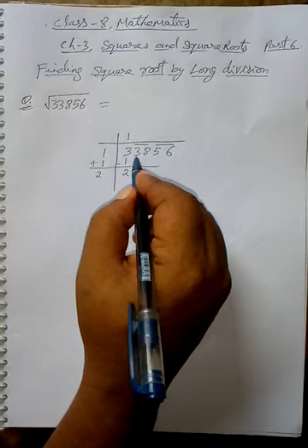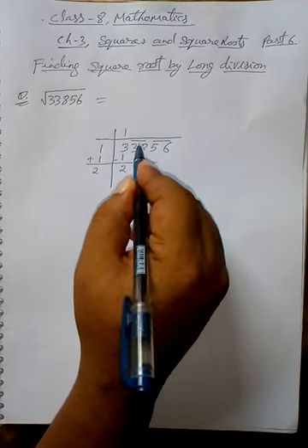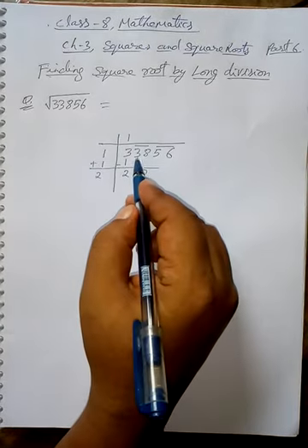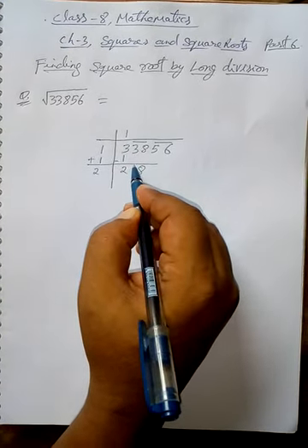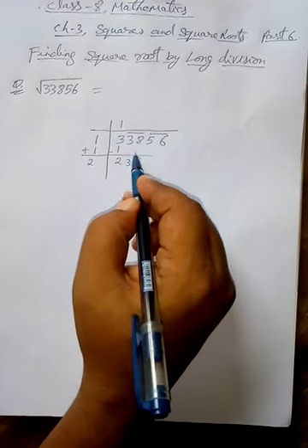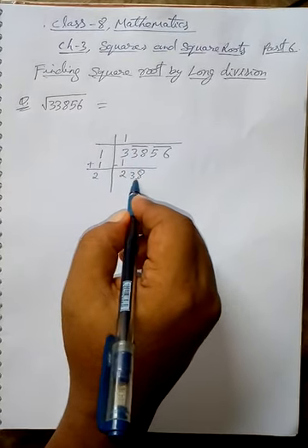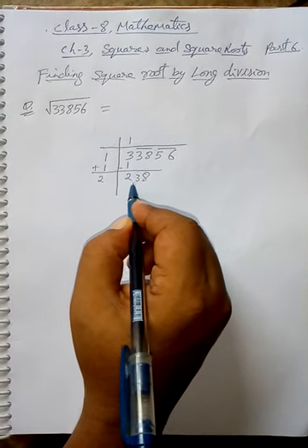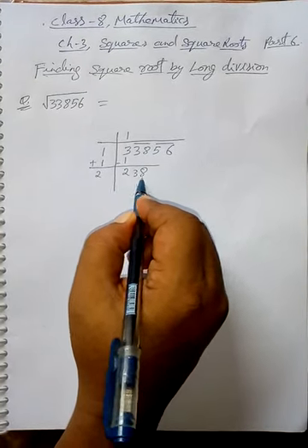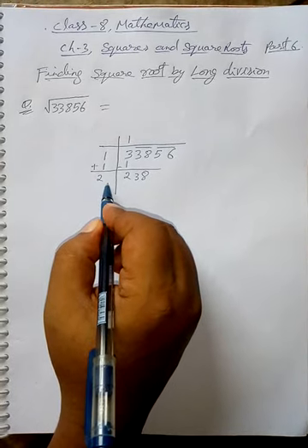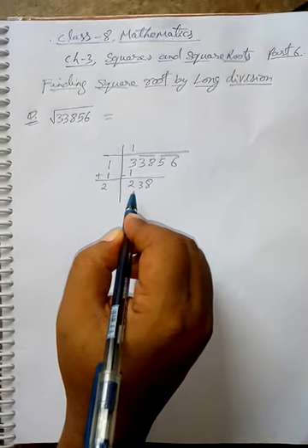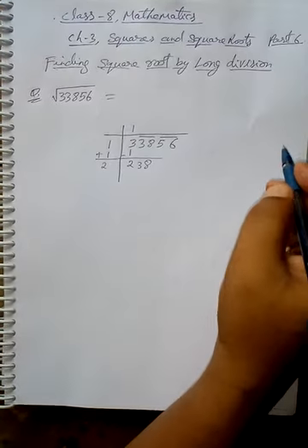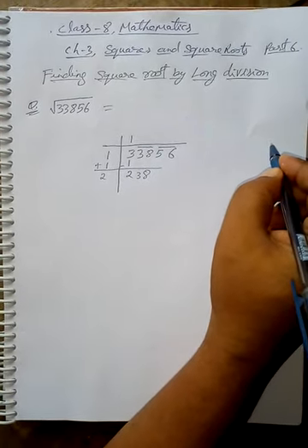Now bring down this 2 at a time, meaning one period is brought down at a time. We cannot bring down 3. We have to bring down the pair together here. Now 238, you get a new dividend 238. This 238 must be divided by a number which is a square near to 238. So we will use this portion to make the rough work.